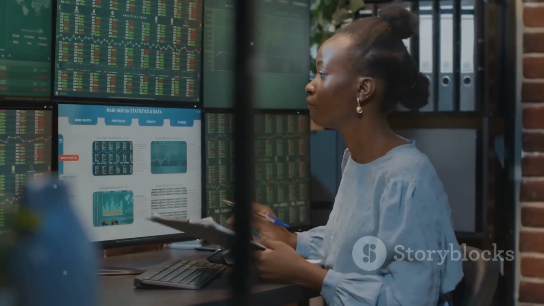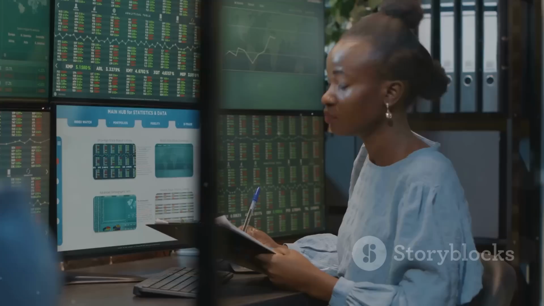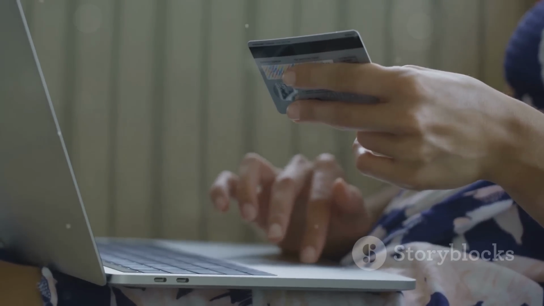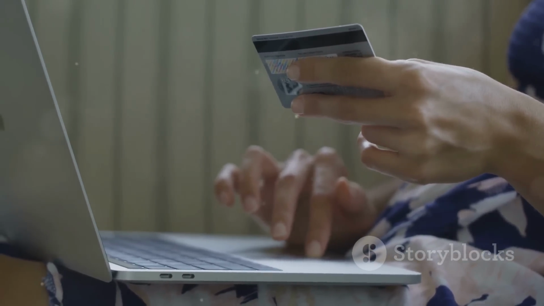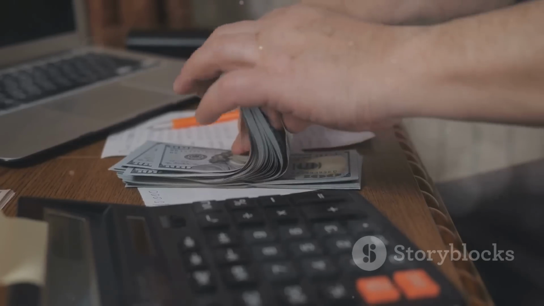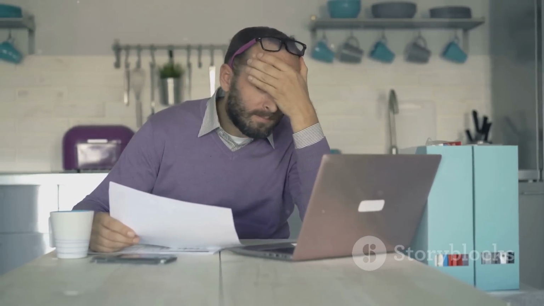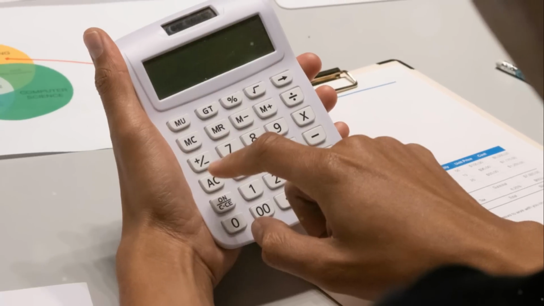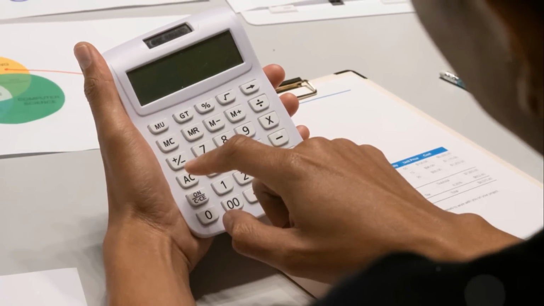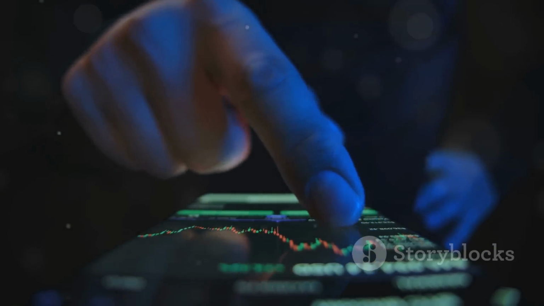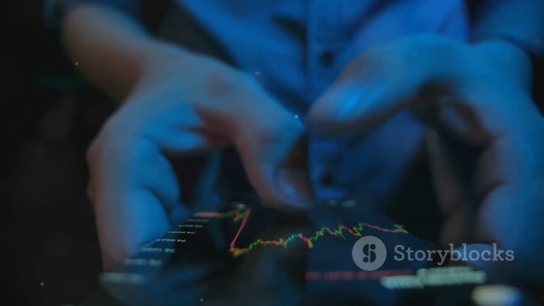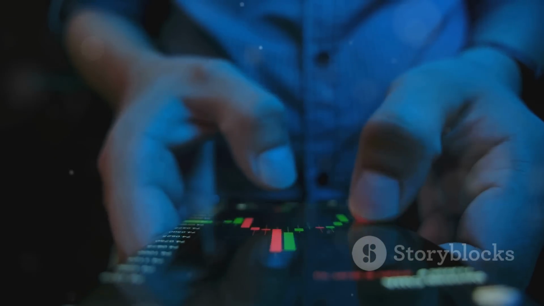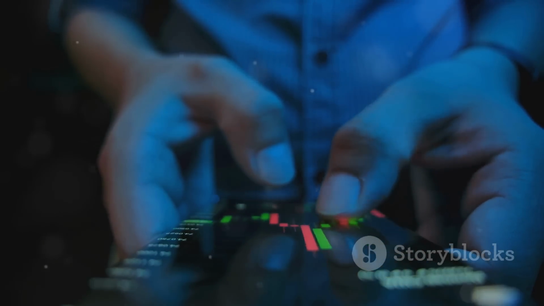Section 3. Mistaking personal for business. Keep it separate, folks. It might seem tempting to simplify things by using your personal bank account and credit card for business expenses. After all, it's your money, right? But trust me, this is a recipe for a major accounting headache down the road. Mixing personal and business finances makes it incredibly difficult to track your business income and expenses accurately. This can lead to inaccurate financial statements, making it challenging to assess your business's profitability and make informed decisions.